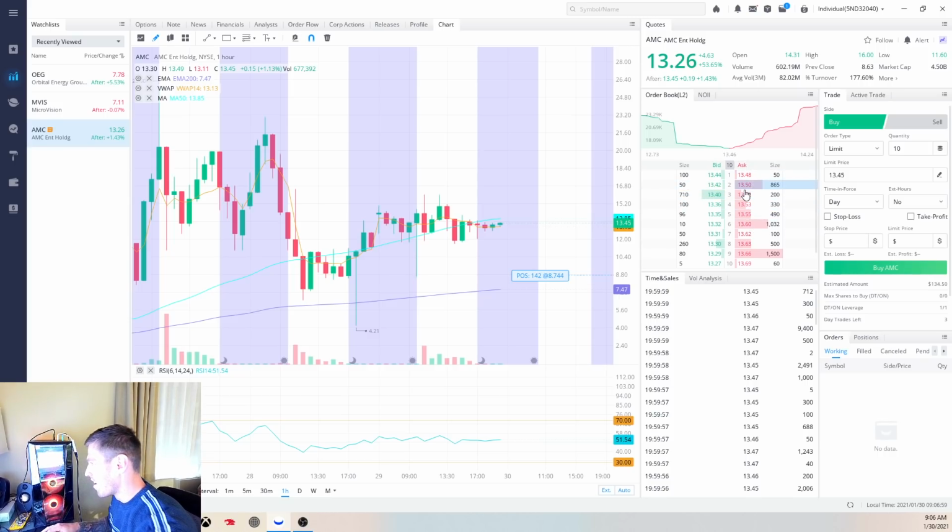Now the ask is when people are looking to sell, and 1366, we can see that's a significant level. This can be a predictor of future levels of resistance, right? So if we come to 1366, we can see there's a little bit of a wall here. We've got some candle wicks touching as of late in the charts. So people are looking to get out of their trade, 1,500 shares in size. It can be a good way of predicting where you're expecting to see some walls, some resistance, and the whole nine yards, as well as if you're a day trader, being able to